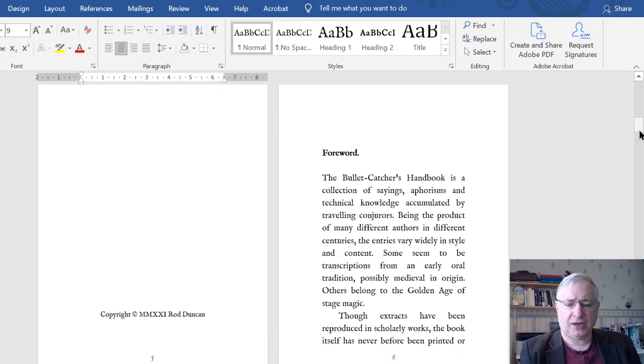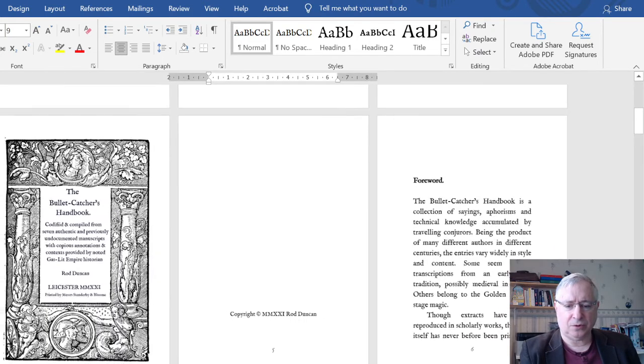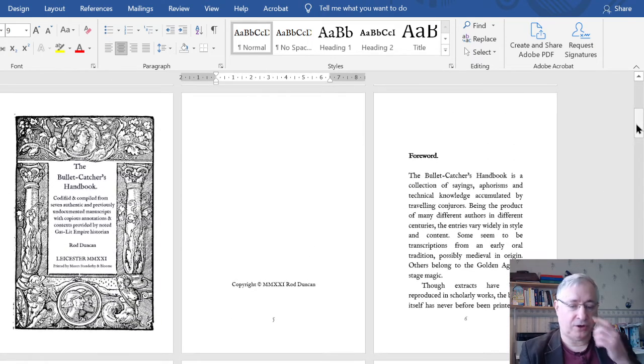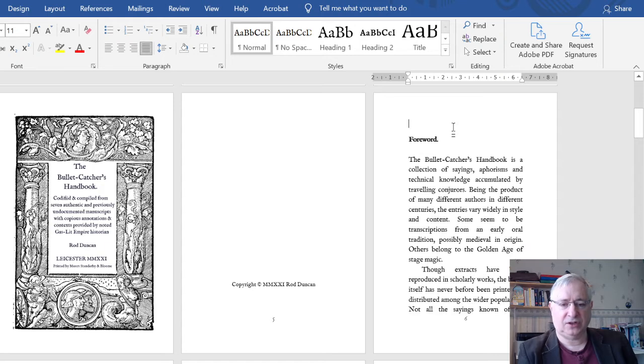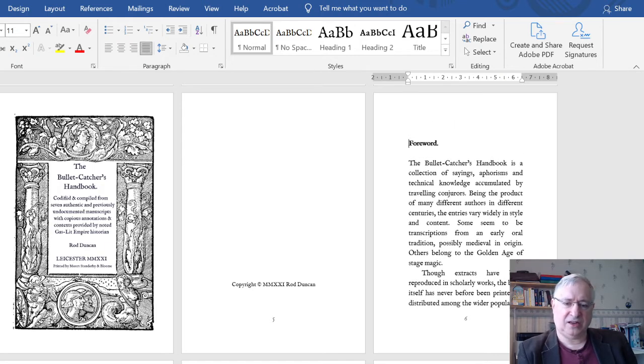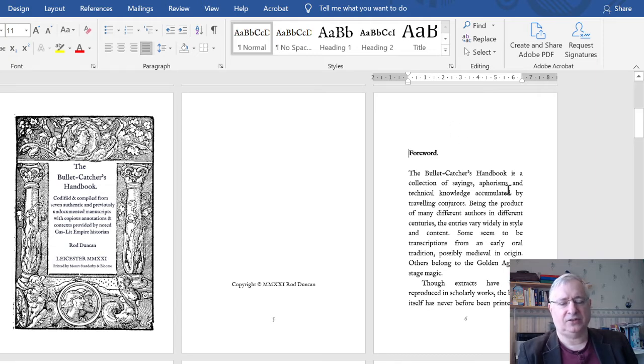One thing to note here, and I'm just going to shrink the page down a little bit so you can see the entire page. I'm probably going to end up with more pages on the screen than I want. But here we go. This is the page I'm just looking at. Note that I've not started at the very top of the page. I could have started up here, but I've given it a little extra space. The reason for that,